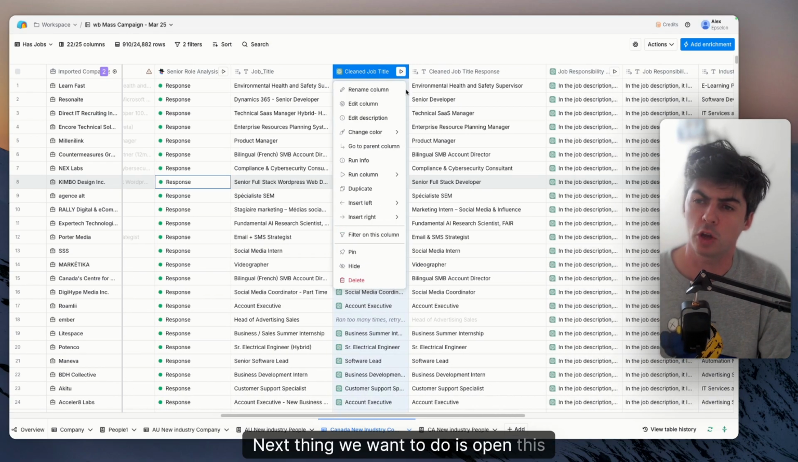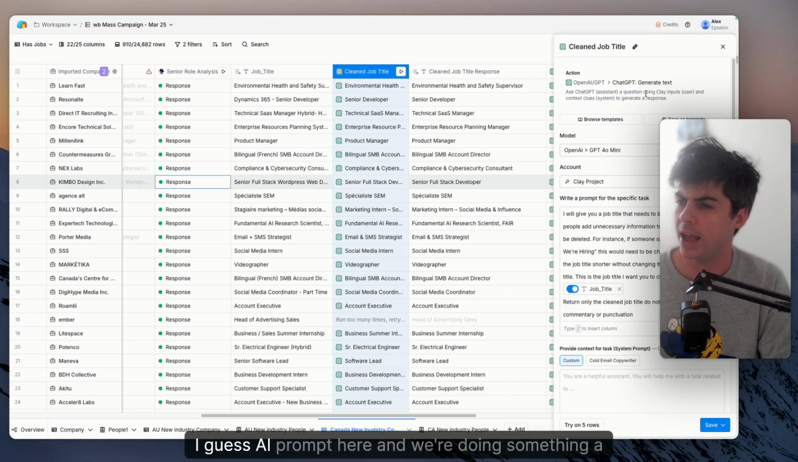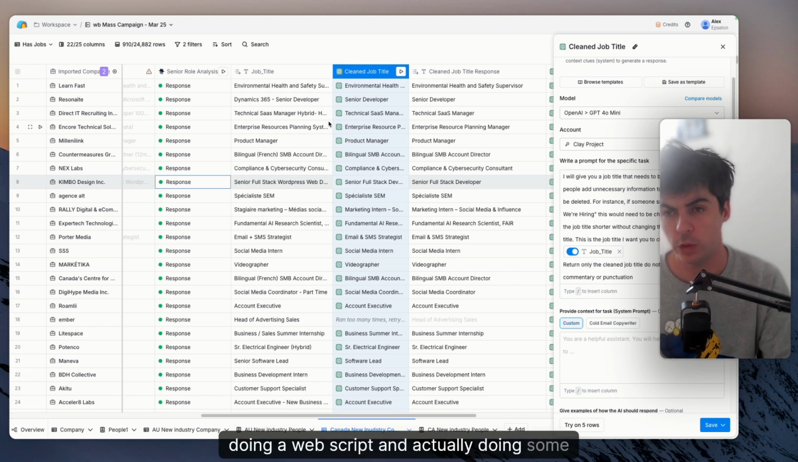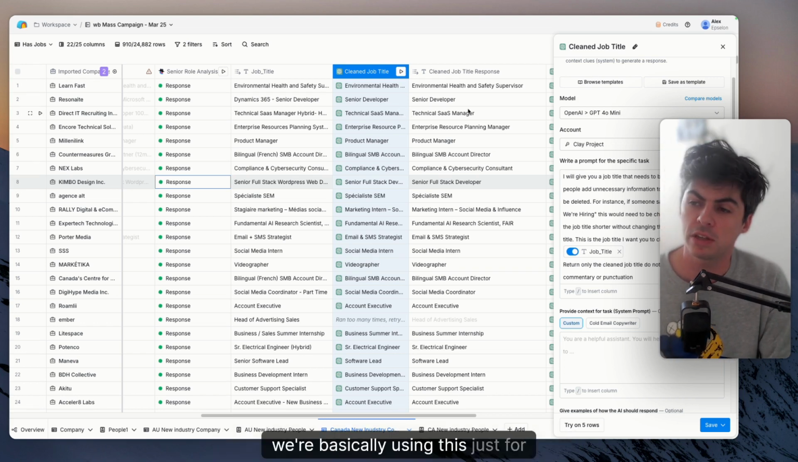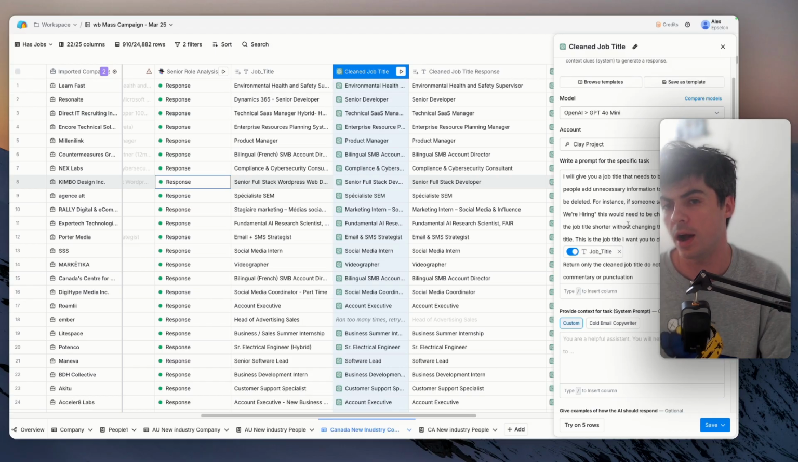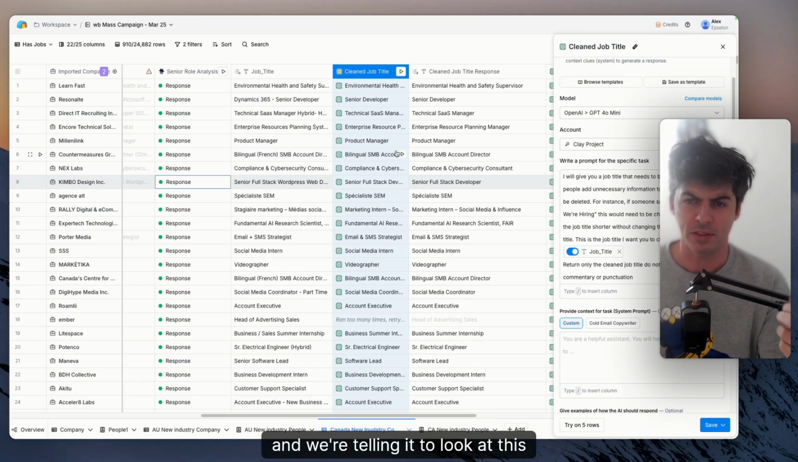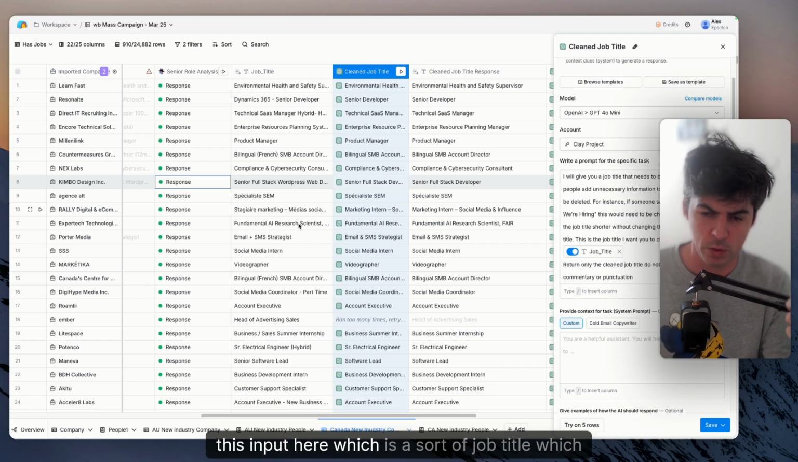Next thing we want to do is open this AI prompt here. We're doing something a little bit different. Instead of doing a web scrape and actually doing some research, we're basically using this just for text transformation. We're putting an input in, and we're telling it to look at this input here,